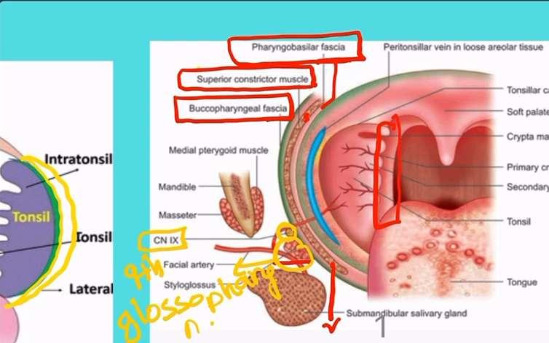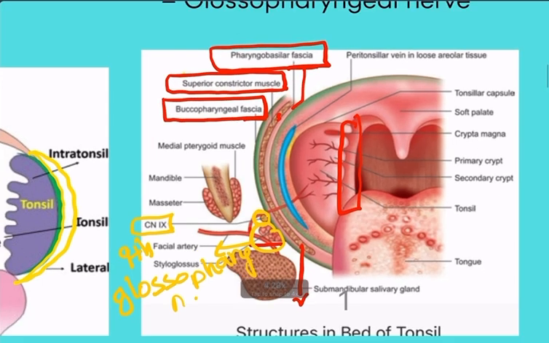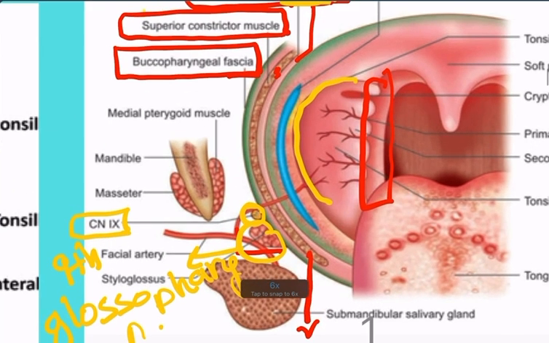This tonsillar bed, as I said, in the tonsillectomy operation, we are going to dissect the tonsil from the bed of the tonsil, which is formed by this structure, and try to dissect the tonsillar capsule from the pharyngobasilar fascia and avoid diving deep in the tonsillar bed, as if you go deeper, there is a risk of